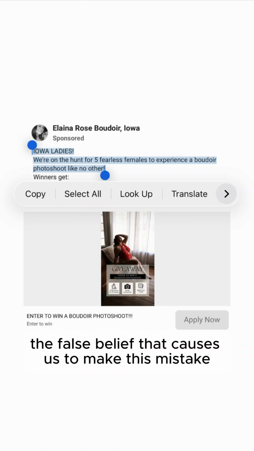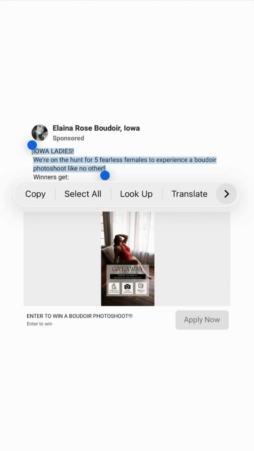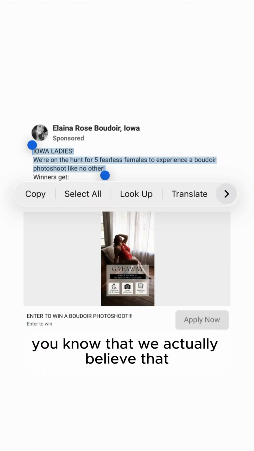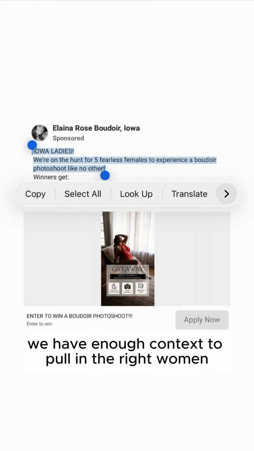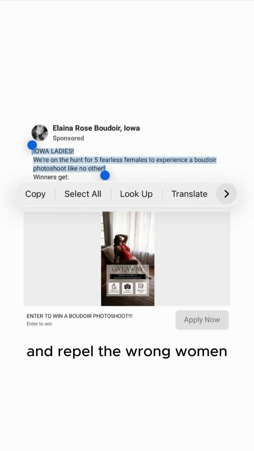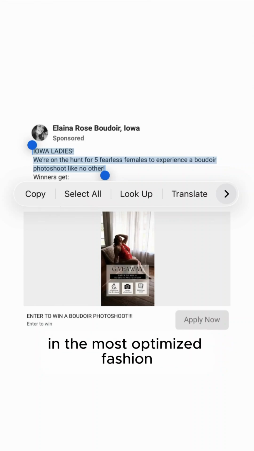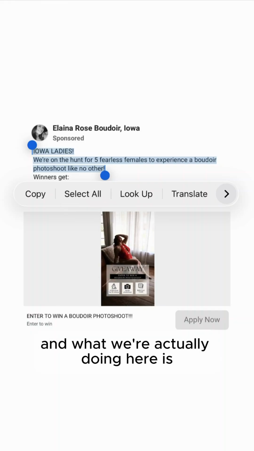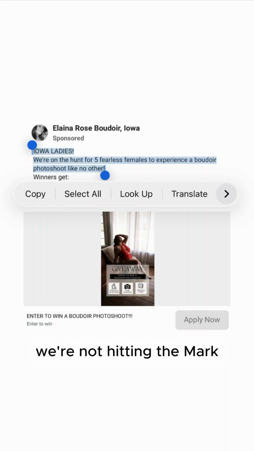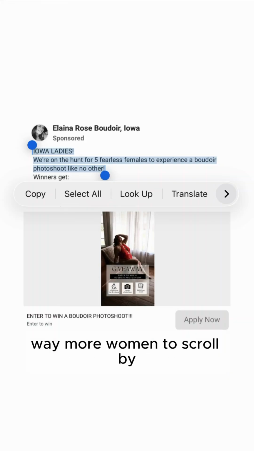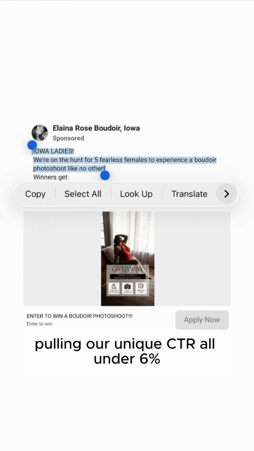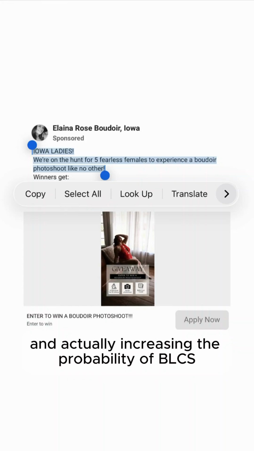The false belief that caused us to make this mistake is that we actually believe that we have enough context to pull in the right women and repel the wrong women in the most optimized fashion. And what we're actually doing here is we're not hitting the mark, causing way more women to scroll by our Boudoir Facebook ad than necessary, pulling our unique CTR under 6%, and actually increasing the probability we have BLCS,